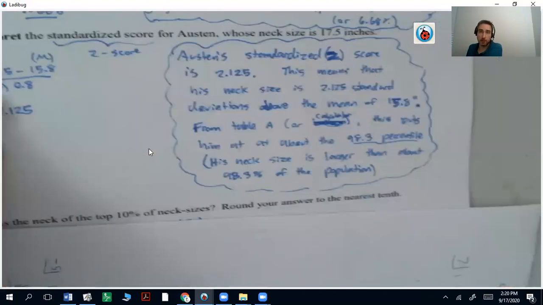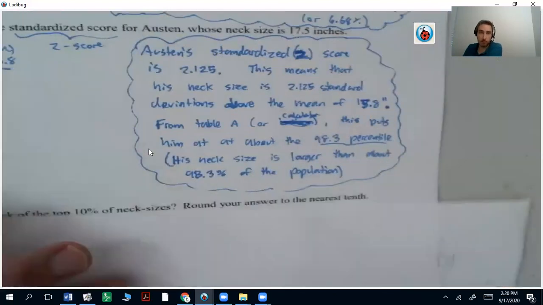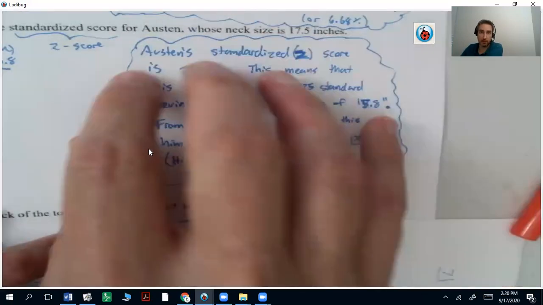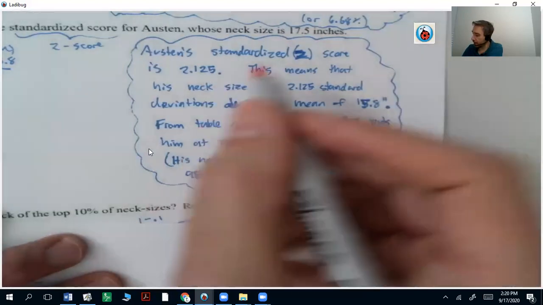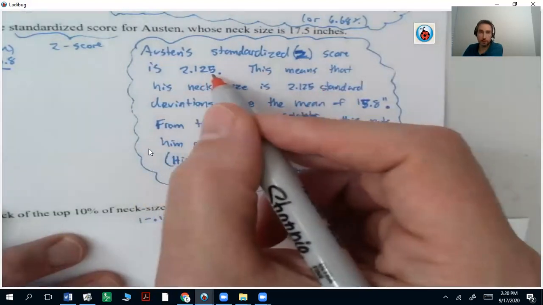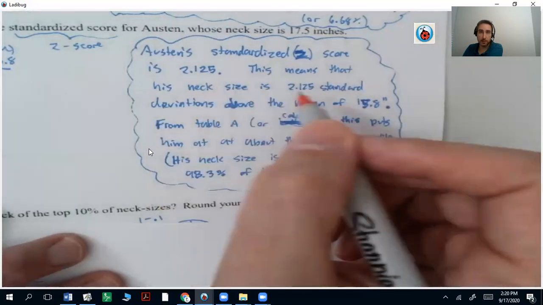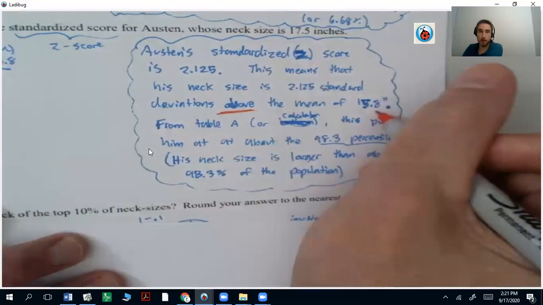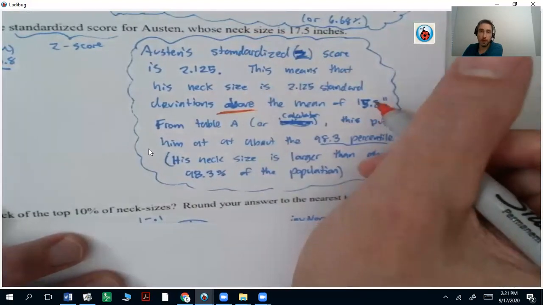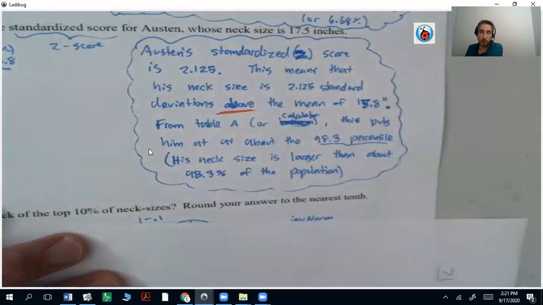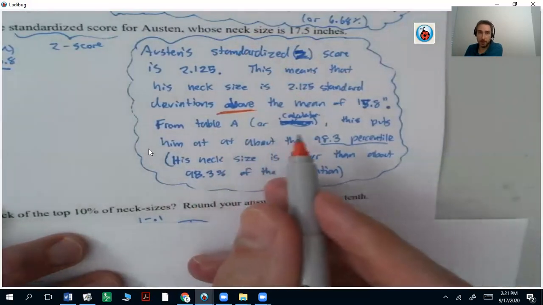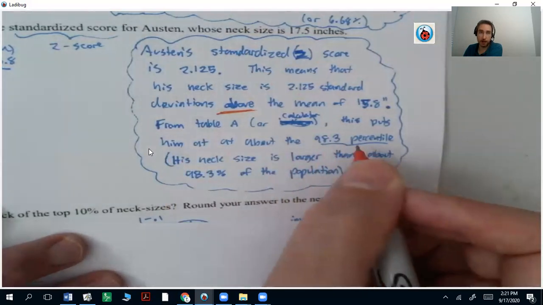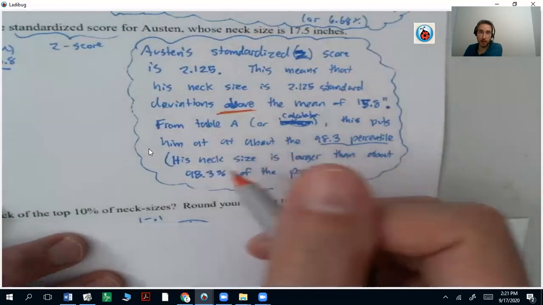So just to summarize it, this is more than you probably have to put, but just to kind of give context to everything as much as possible, Austin's standardized z-score is 2.125. This means that his neck size is 2.125 standard deviations above the mean of 15.8 inches. It wouldn't hurt to interpret what that means. So from table A or the calculator, this puts him at about the 98.3rd percentile. His neck size is larger than about 98.3% of the